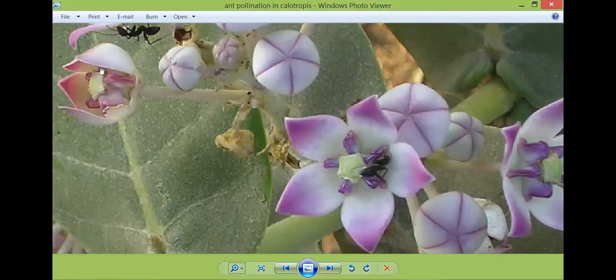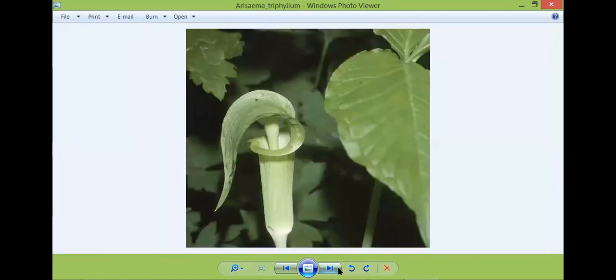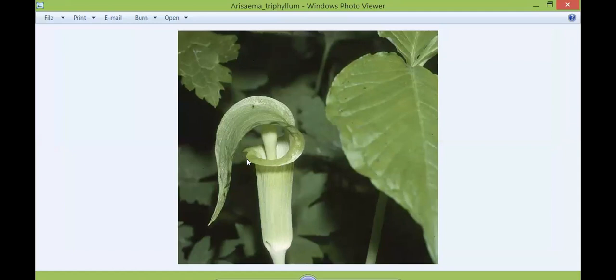Actually, in this a small amount of pollen is already stuck to the ant's body. And now suppose the ant is coming from here and pollinating this. So this is also called what? This is also called bisexual, but in different plants. Okay? Spadix. The corpusculum and the other part together form the gynostegium. Now look, this is your Spadix inflorescence.